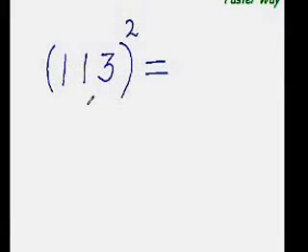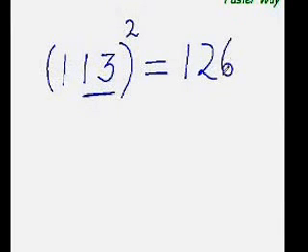So now you find out what would be 113 square. Now once again add this 13, that is distance from the base 100, to this entire number. So 13 plus 113 is 126, isn't it? These are the first 3 digits of your answer. Now for the last 2 digits, all you need to do is find the square of this distance, that is 13. 13 square is 169. Write 1 here, 6 here, 9 here.